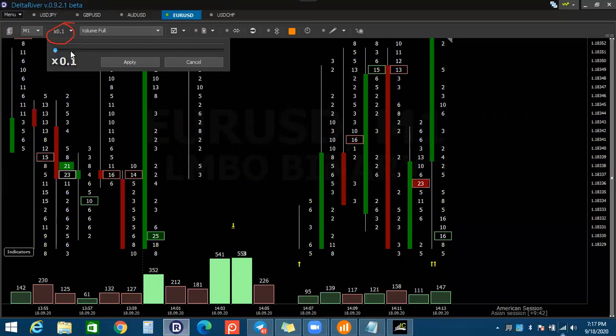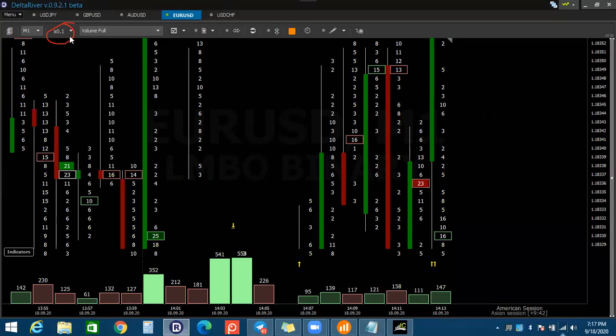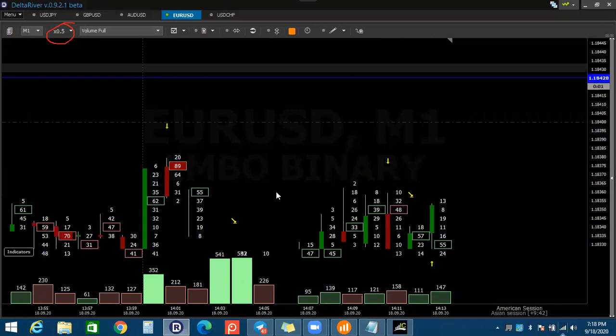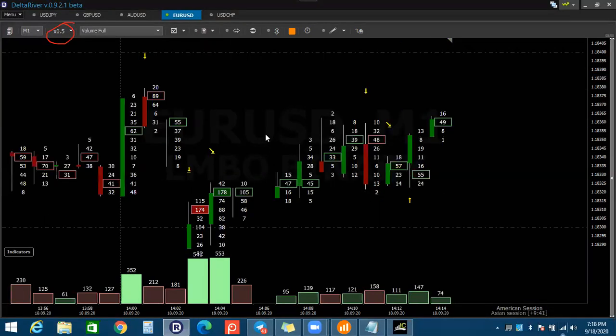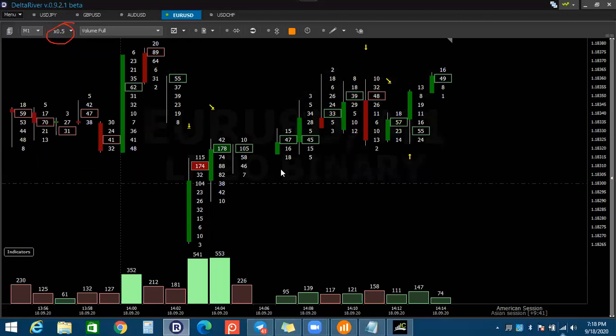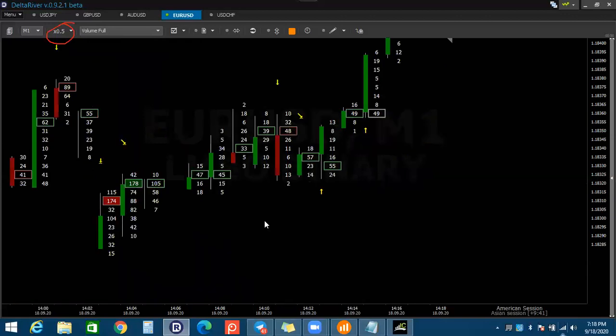Compile from 0, 4 or 5, you can use. When I apply the 5, now the candles are visible and I can understand and take a decision and take information from each and every candle.